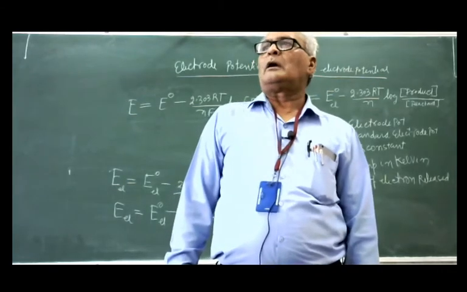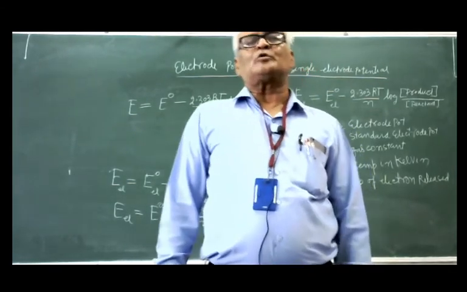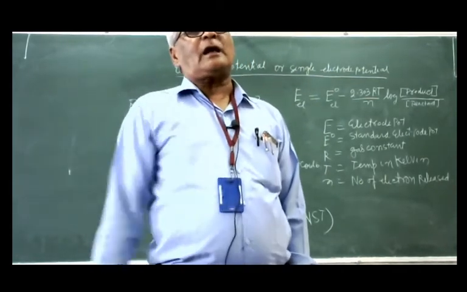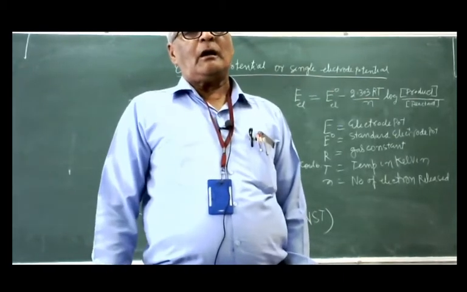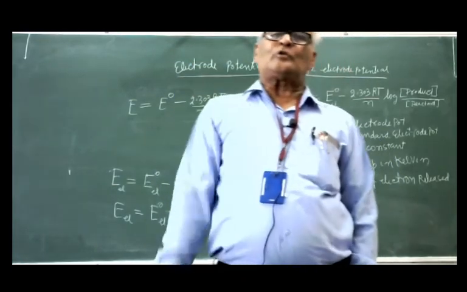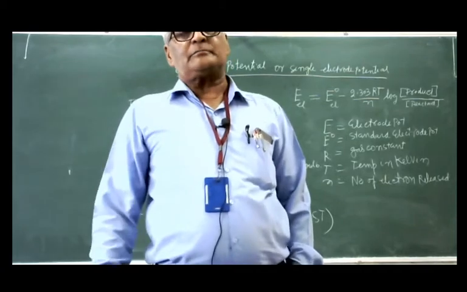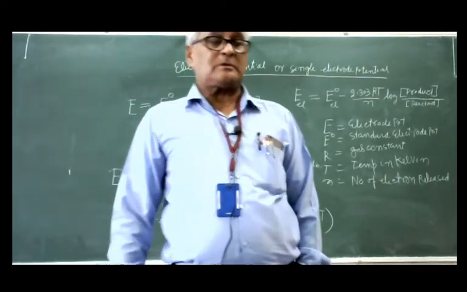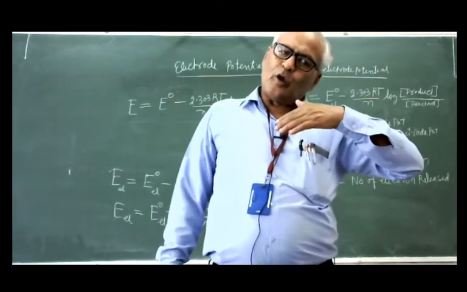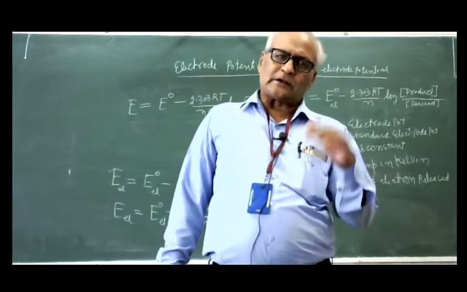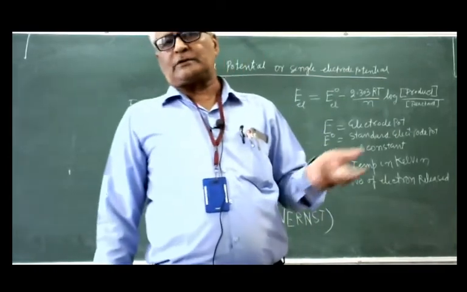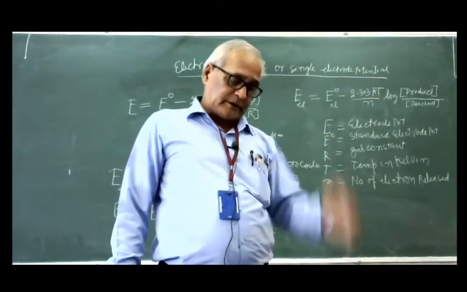For example, if a zinc rod is put into zinc sulfate solution, the zinc will release electrons in the solution. When you put a copper rod in copper sulfate solution, it will also release electrons, that is, the oxidation process takes place. But which one has more tendency for losing or gaining electrons? So loss and gain of electrons is the measure of the electrode potential. So you can define electrode potential.